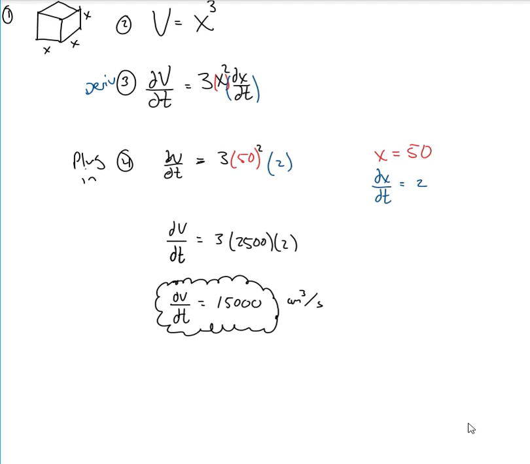But let's break it up one more time and state it in words. So this is the change in volume. The change in volume is, all right, this is positive, so we'll say increasing. The change in volume is increasing at